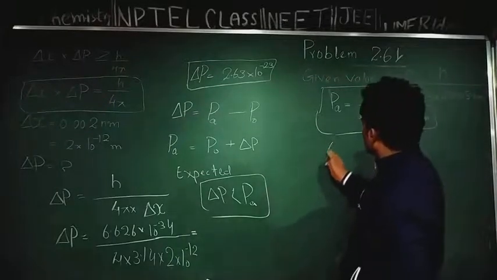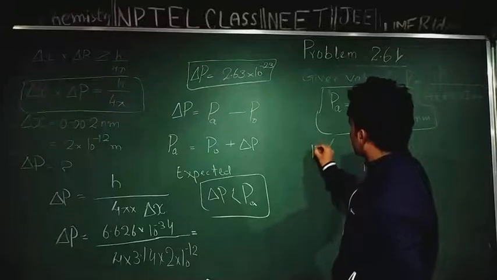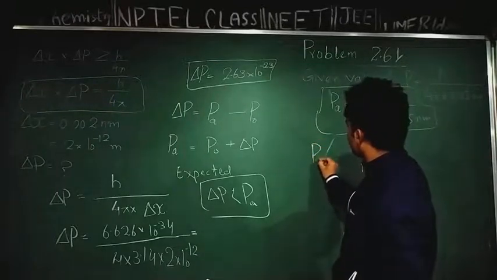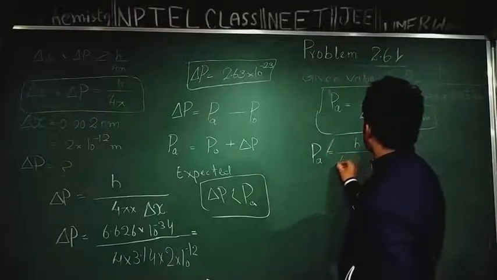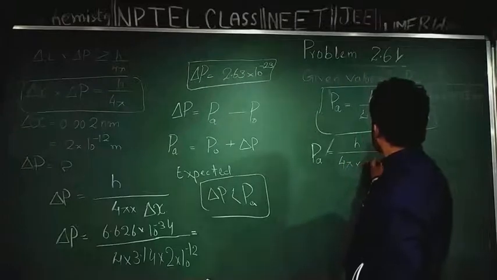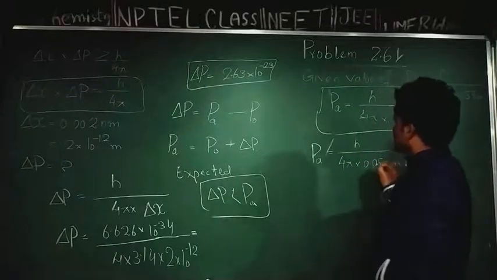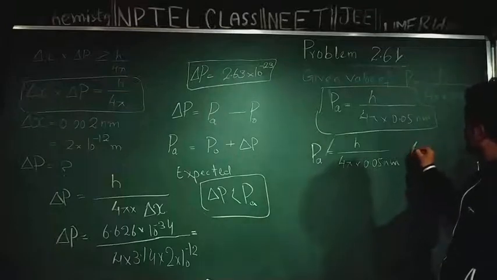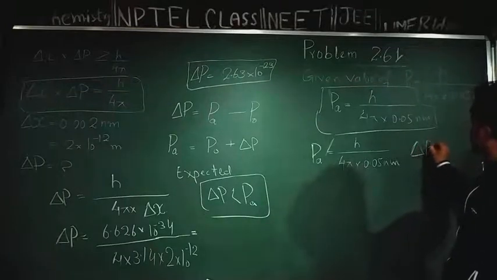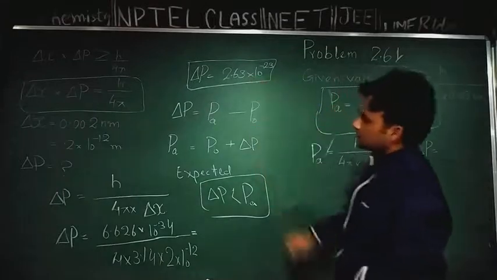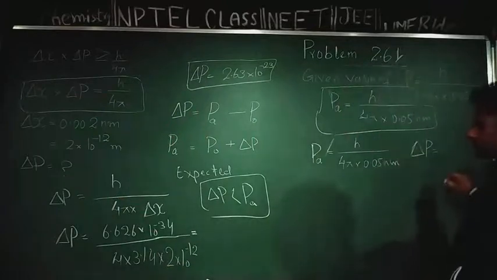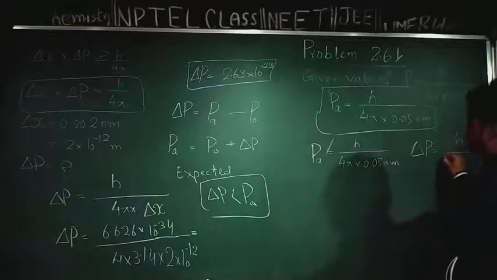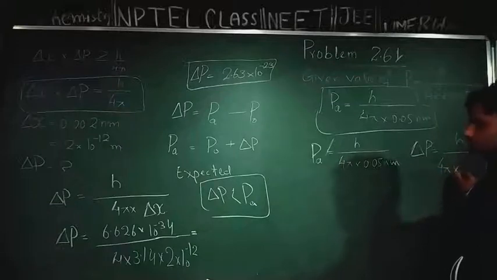I will compare momentum. The given value of momentum p is equal to h divided by 4 pi into 0.05 nanometer, with uncertainty in momentum. The calculated value of uncertainty in momentum is this, and I got this value from this equation, h divided by 4 pi into uncertainty in position, which was given